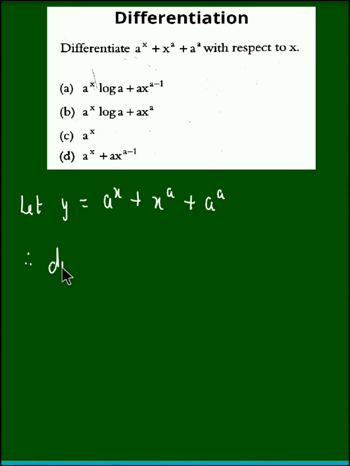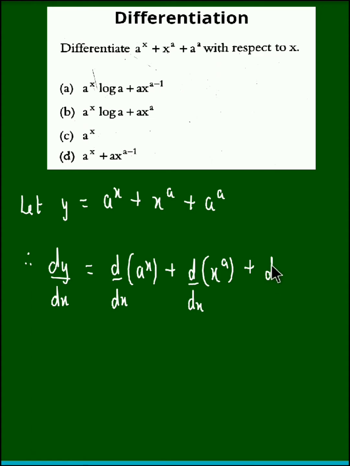So we obtain dy by dx is equal to, the first would be the derivative of a raised to x plus the derivative of x raised to a plus the derivative of a raised to a. Now we know that the derivative of a raised to x is a raised to x times log a. So the answer for this would be a raised to x into log a plus,